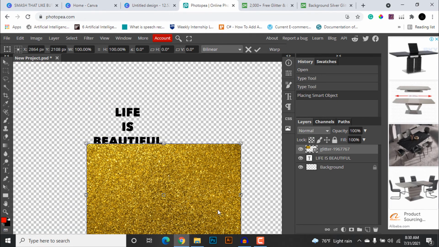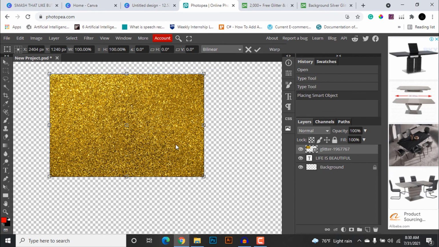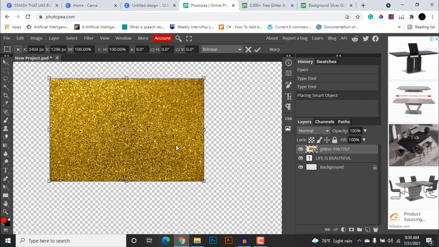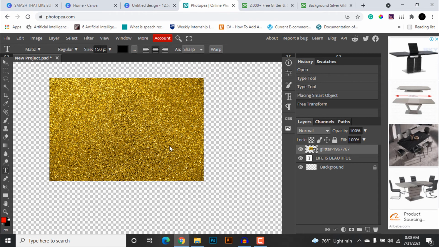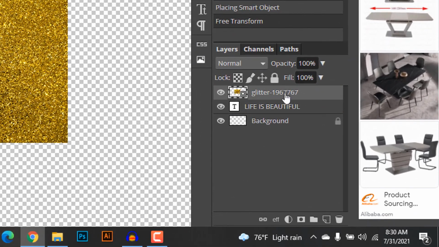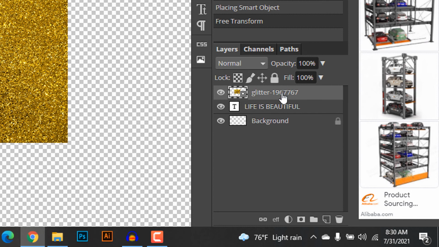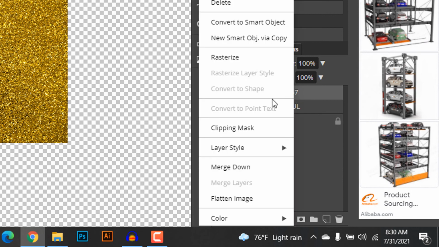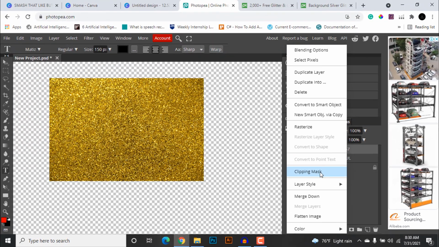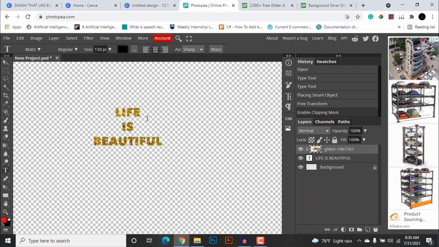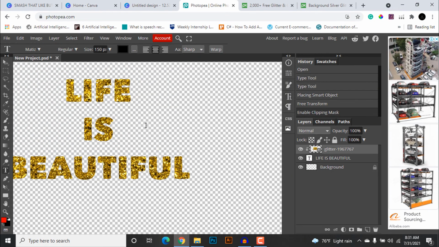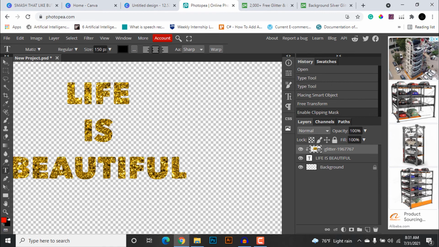Then drag your glitter file and place it above your text and hit enter. After you have successfully placed your glitter above your text, go to this glitter layer here. As you can see this layer, click options tab and click clipping mask. So as you can see, our text has been clipped with this glitter layer in the background.